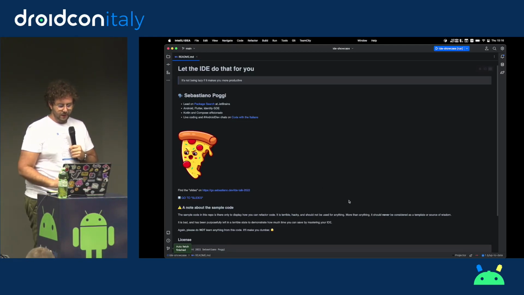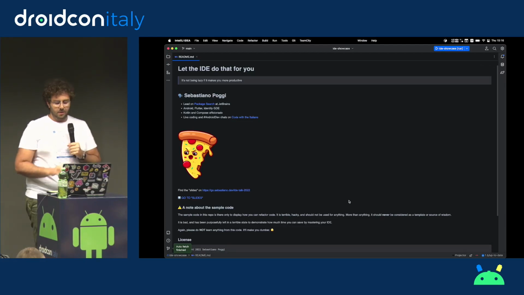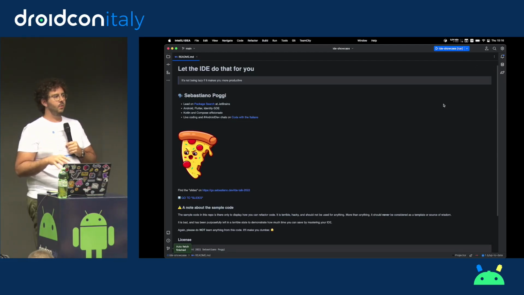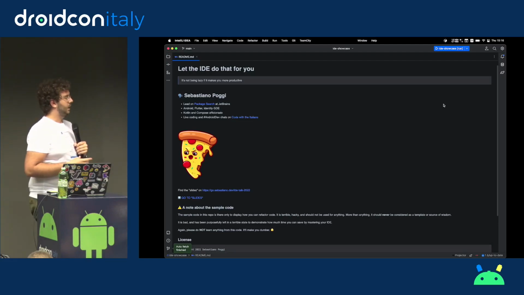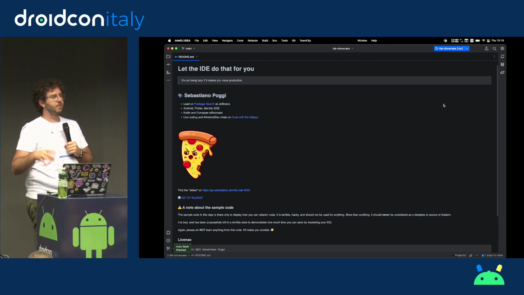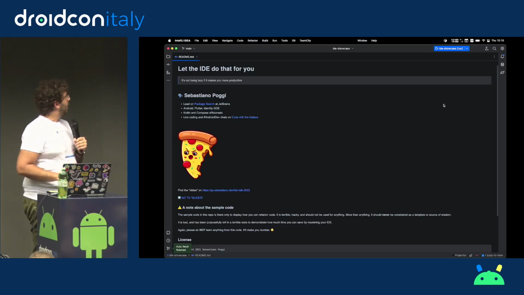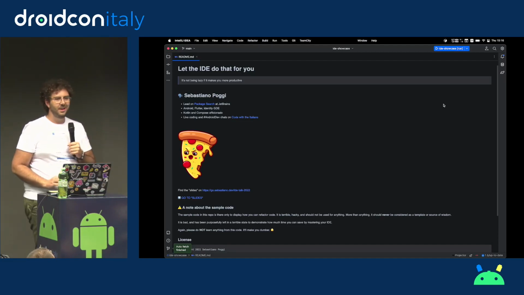Okay, so what to do? Let's say I'm going to explain a few things, and then we can see how we can put those things in practice. The goal of this talk is that by the end of the session, you should be familiar with a few tricks that are going to make your life easier when working on your code. I will not start the application because I do not trust the conference Wi-Fi. I think it's not good for anyone.